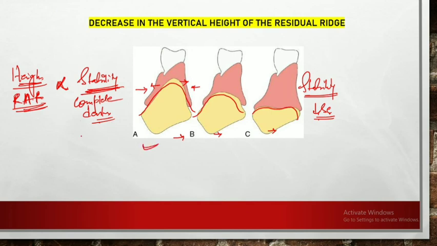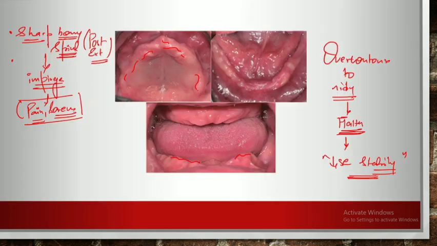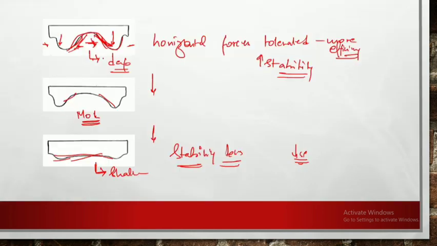First we saw the height, which is directly proportional to stability. As the height is more, stability is more, height is less, stability is less. Then we saw various forms of ridge which are again going to affect the stability of your denture. We saw some irregular abnormalities on the denture bearing area which are also favorable in providing stability, unless it is a sharp bony spicule or margin which can impinge the supporting structures, right? Next, the palatal vaults. The deeper the palatal vault, the more the horizontal forces are tolerated efficiently, which is going to increase the stability of your denture. But if the palatal vault becomes shallower, the stability is also going to decrease.